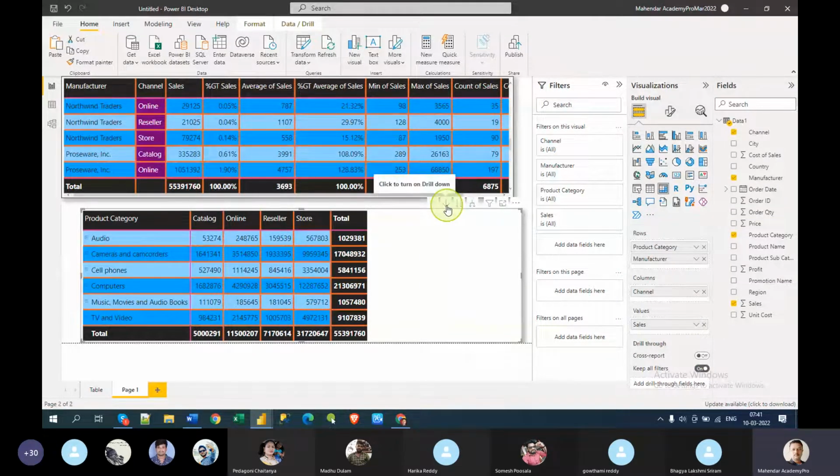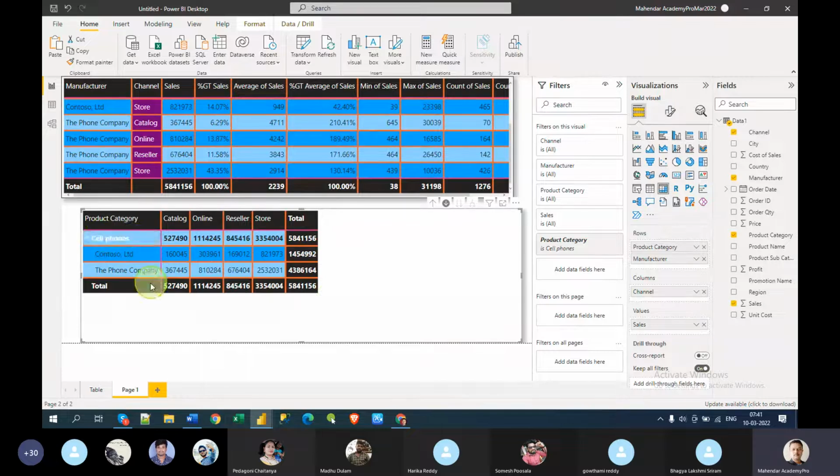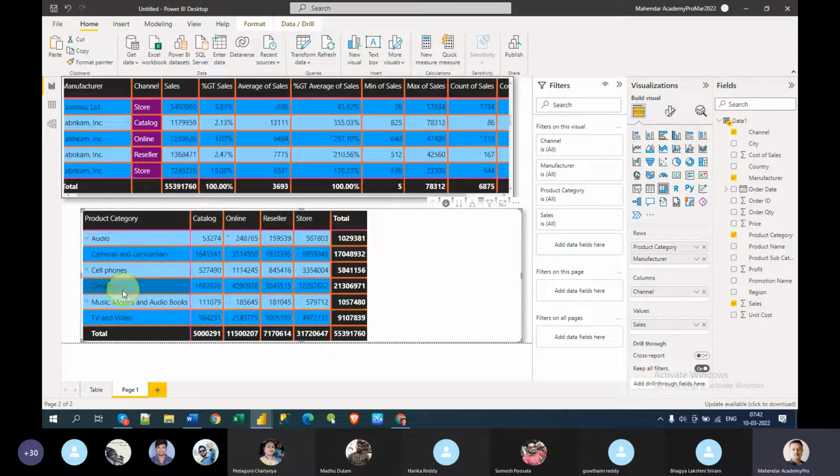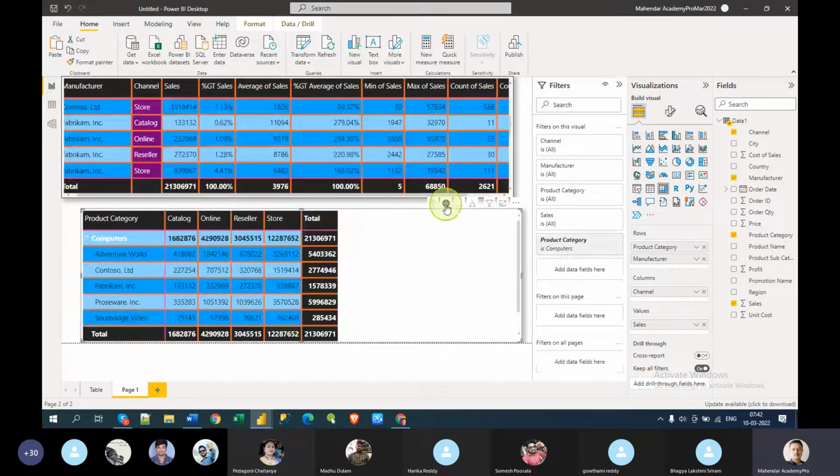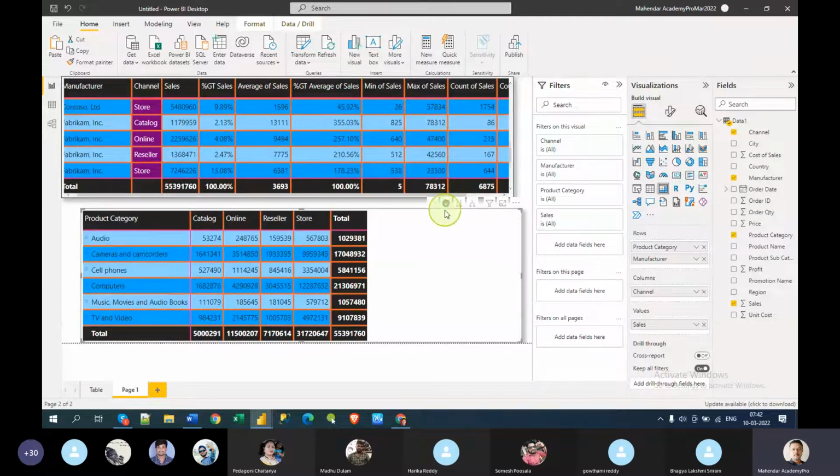But what about this? Now let me click drill on, and if I click cell phones, you can see only cell phone related sales. So drilling, drill machine. You just go deeper. What I clicked on was just cell phones, so I see only cell phone related manufacturers and their sales. Now you can click up, and you can see all the things. Now you can go to computers, because drill mode is on. Whenever I click computers, I can see only computers. Again I can go up and then turn off the drill mode.